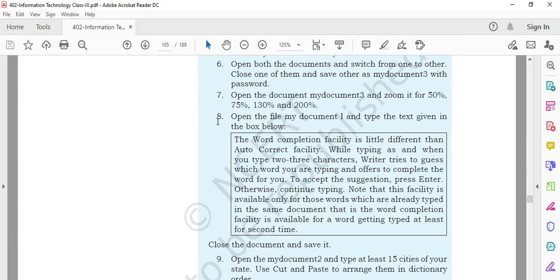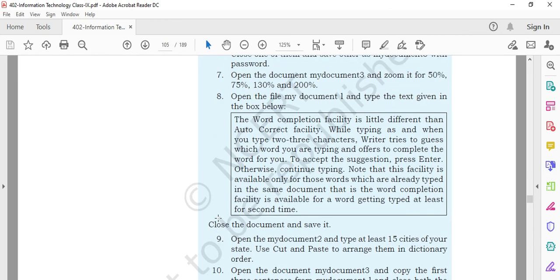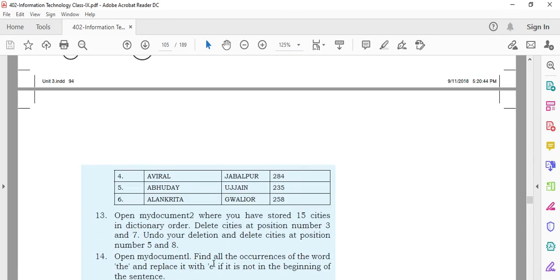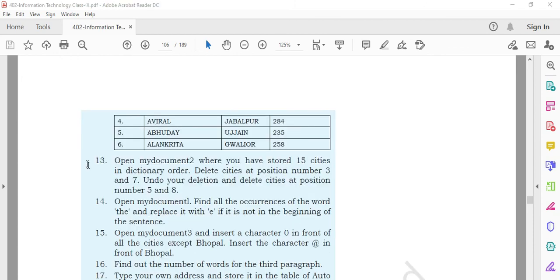Connected with this there are other exercises: 8, 9, 10, 11, 12, 13 and 14. From 9 to 14, all the practical exercises, you should do and submit to me.